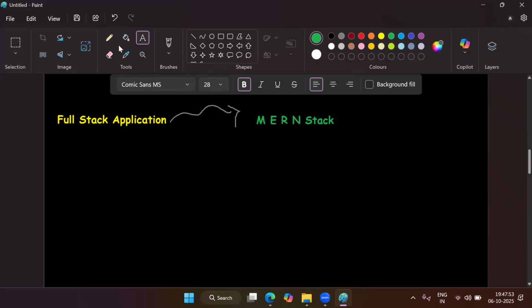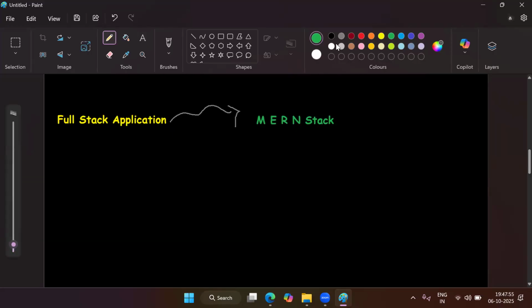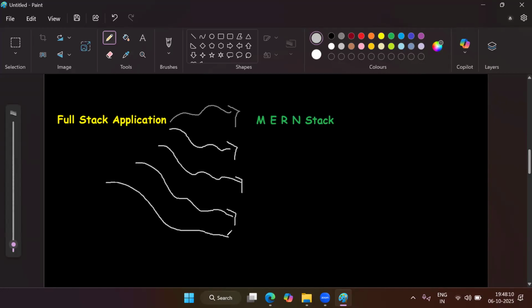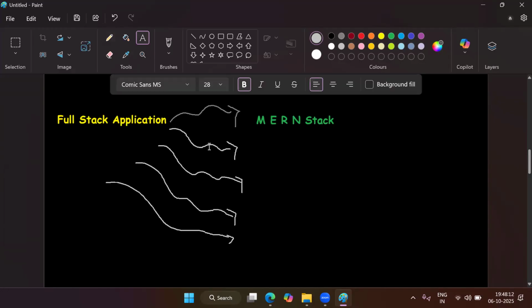Or else we can use MEAN stack. We can use something called MAVEN stack. We can use something called Java full stack. We can use something called Python full stack as well. So there are different stacks present in the market.